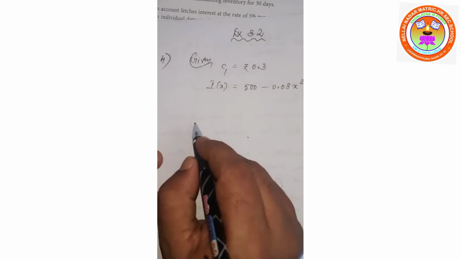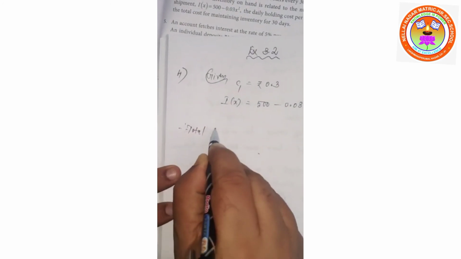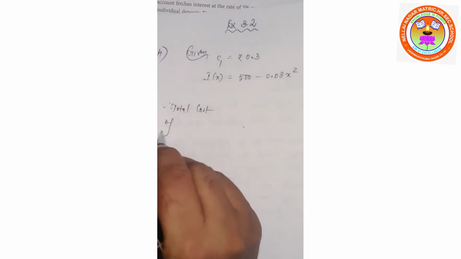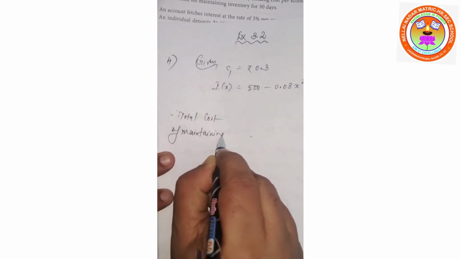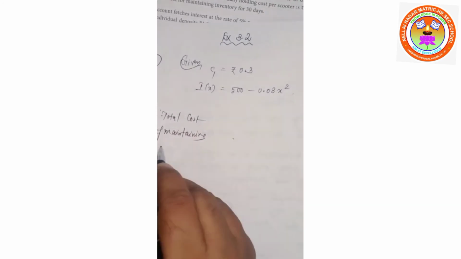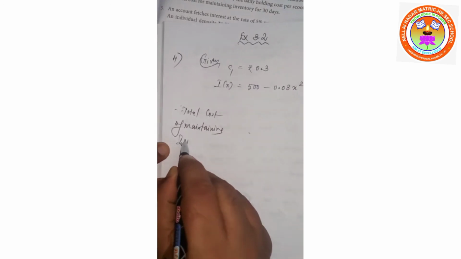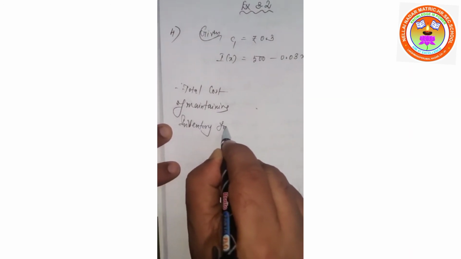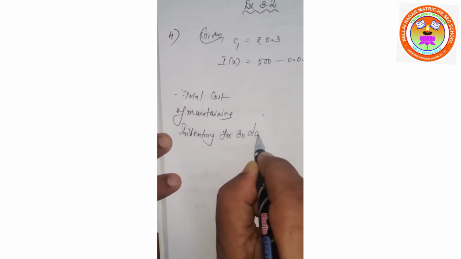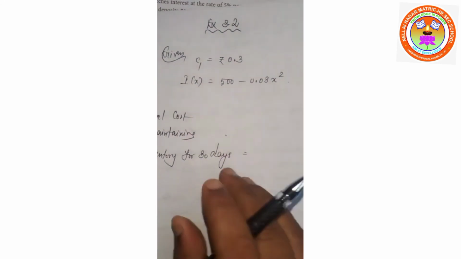Now, therefore, the total cost of maintaining inventory for 30 days is equal to,